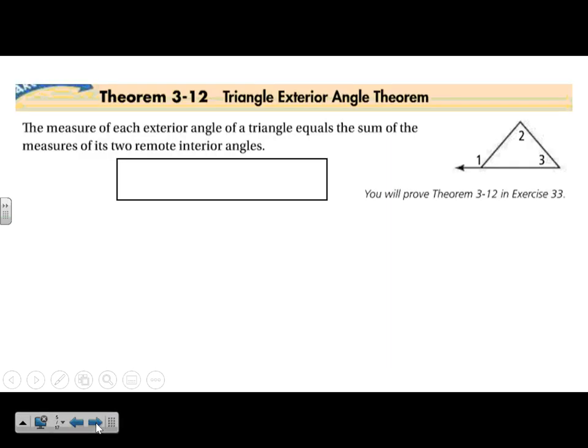So the triangle exterior angle theorem: the measure of each exterior angle of a triangle equals the sum of the measures of its remote interior angles. Really what that means, if we're looking at this triangle over here, is that an exterior angle has to be equal to the sum of the other two angles that are not touching it at all, the ones that are opposite of it. So if we look back at the one we started with,